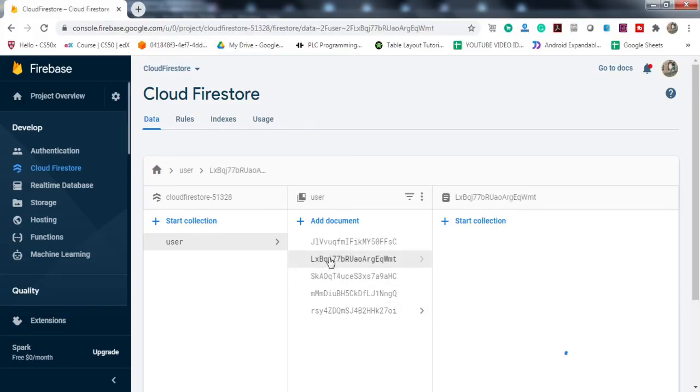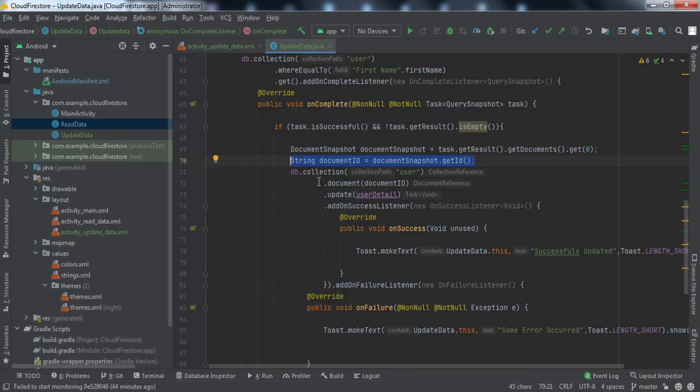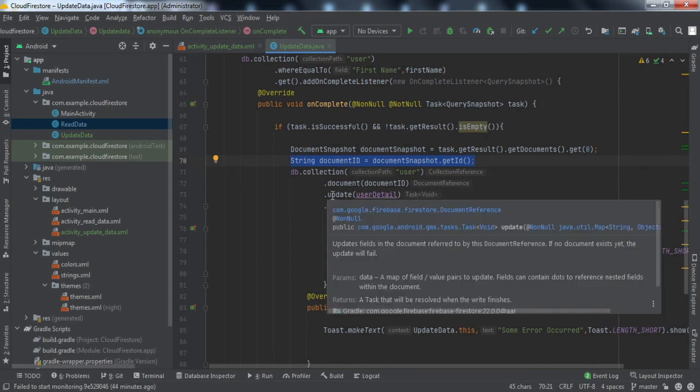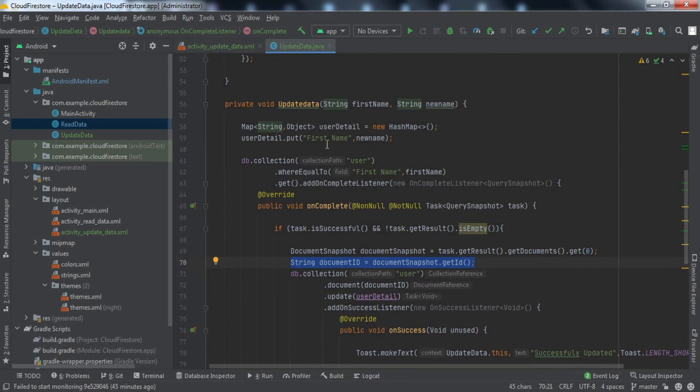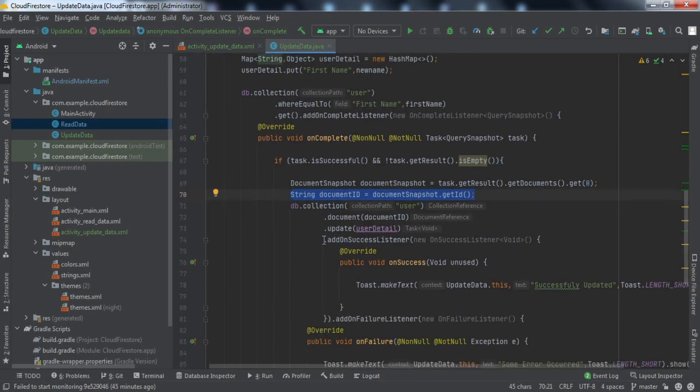So once we get the document ID, like this LXBQJ, we have called db.collection and passed the user as an argument, and then we have referred to this document by using this document ID, and we have called the update function, right? We'll pass the user detail hash map as an argument in the update method, right?